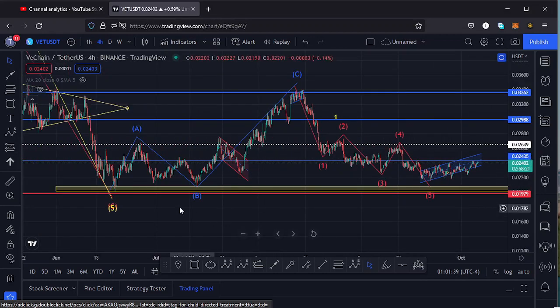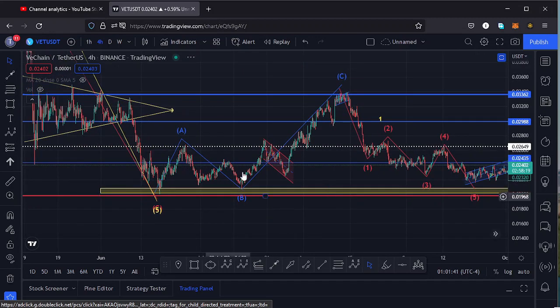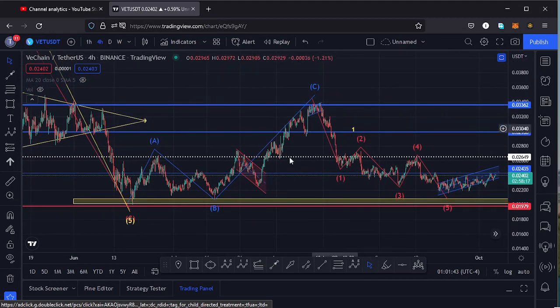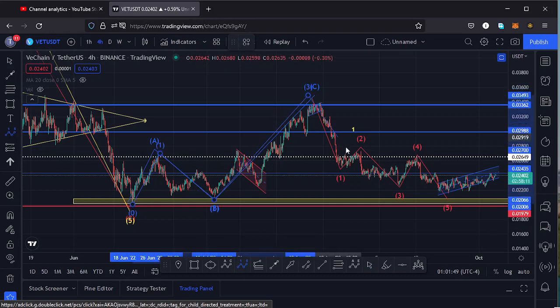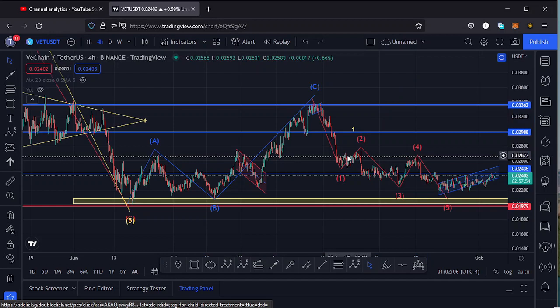Jumping to the 4-hour chart for further analysis. Here on the 4-hour chart, after making a low down there, we have been seeing a very nice bounce to the upper side. And in my previous videos, I was terming this movement to the upper side as an Elliott wave structure, having that as the wave 3, then a wave 4, then a wave 5. That is what I expected to play out here on the Vechain chart, but that movement to the upper side in that Elliott wave structure got invalidated the moment our wave 4 down here retraced into the high of that